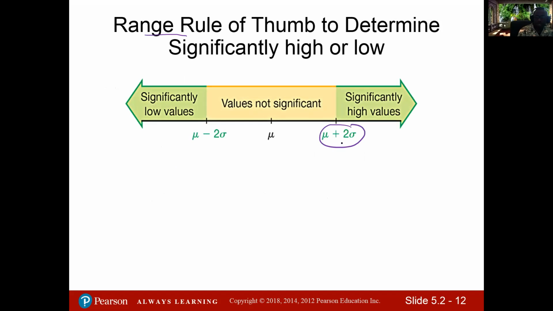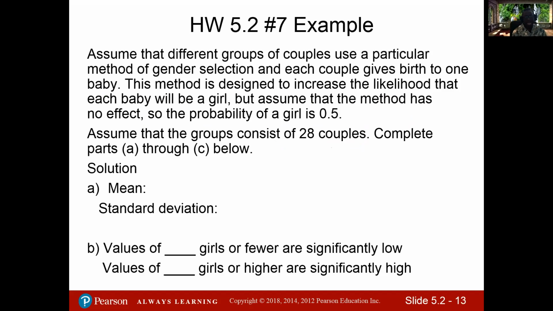If it's greater than mu plus 2 times the standard deviation, then we say that it is significantly high. And if it's less than mu minus 2 times sigma, it is significantly low. The mean is in the center, of course, as always. All right, so here's an example